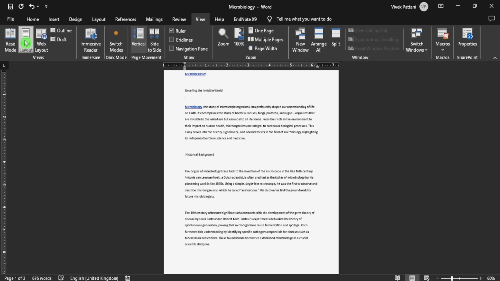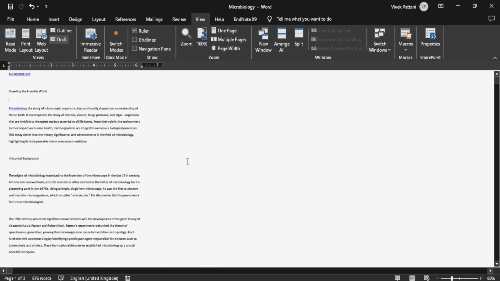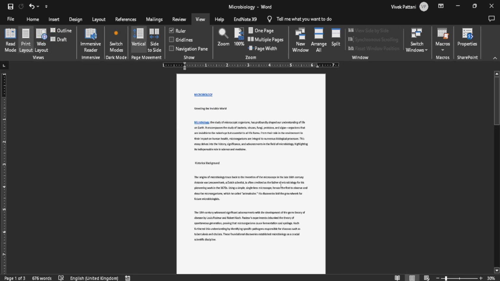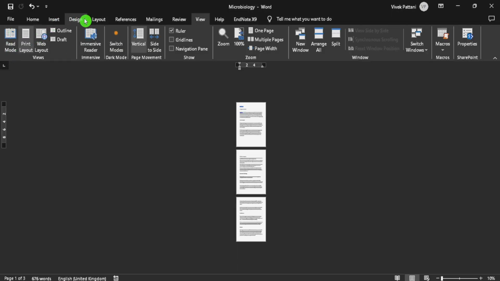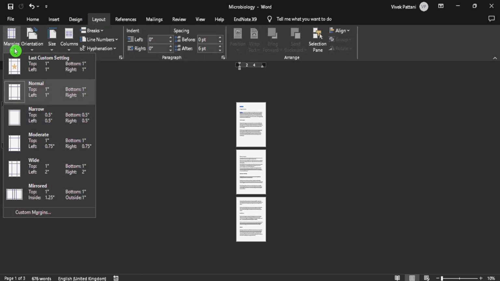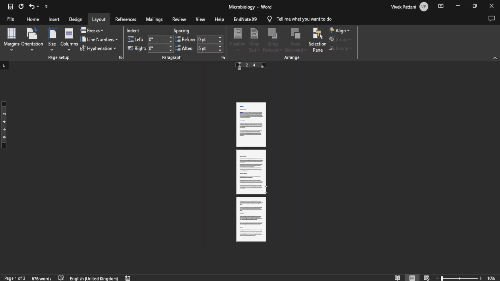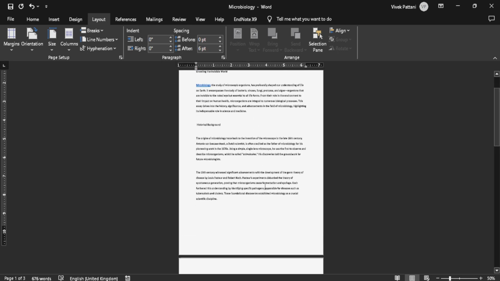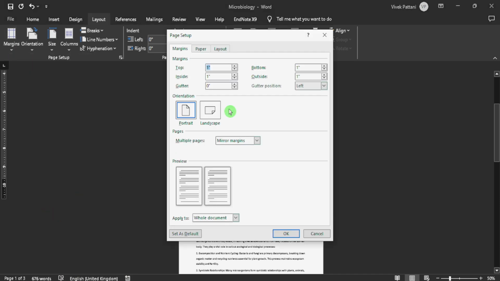Okay, this is how my document will look right now. Now if I am going for margins with mirrored options, please check now what happens here. Right now I have kept 1 inch on each side. Now I'm going to change the margins